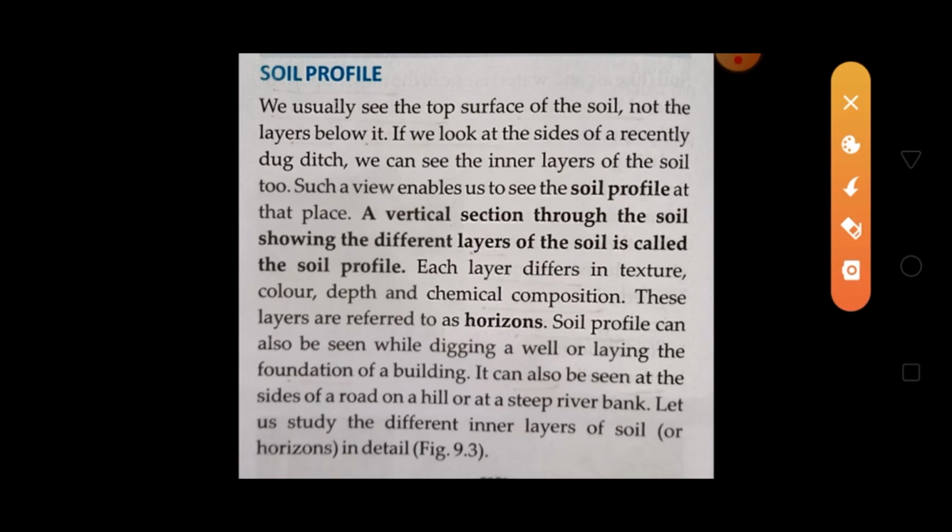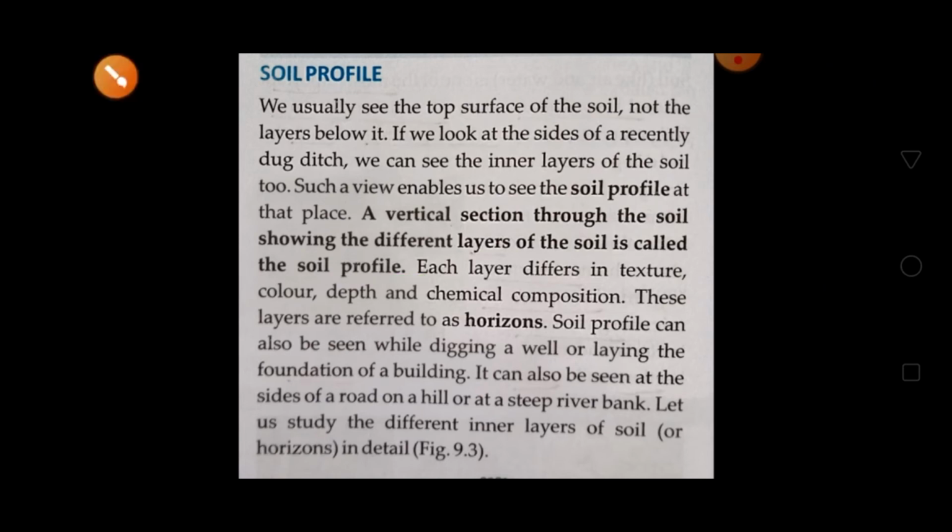Children, first of all, I am showing a picture in front of you in which you can see the different profile of the soil.